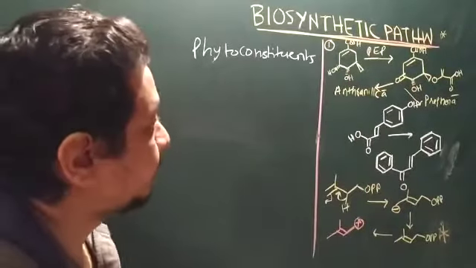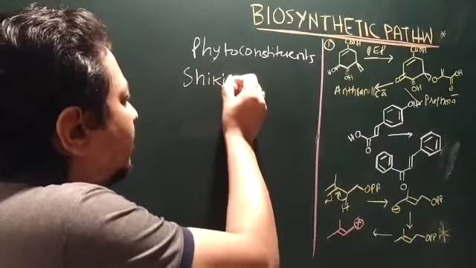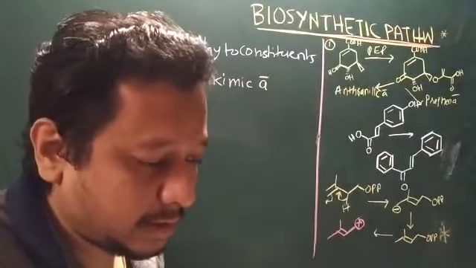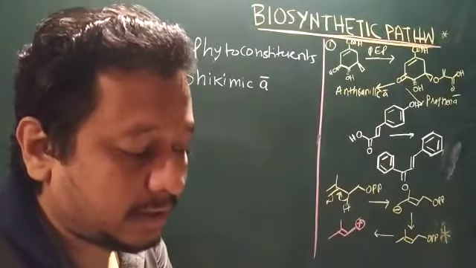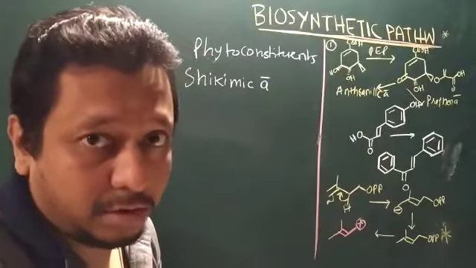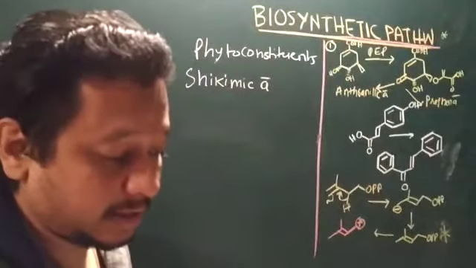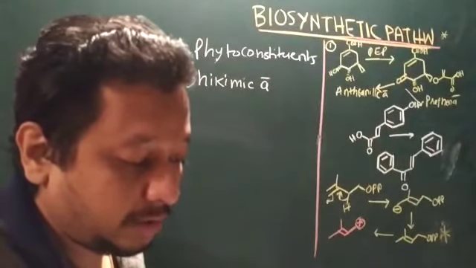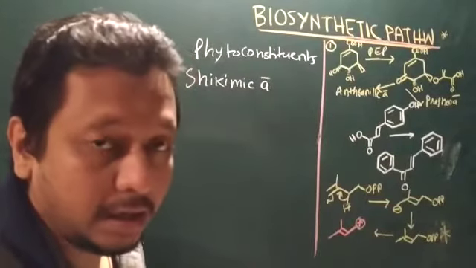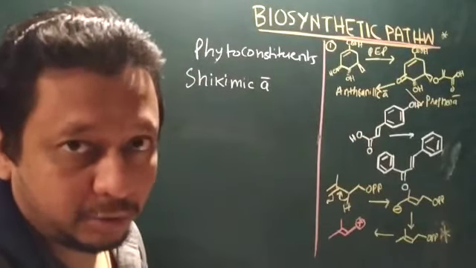The first pathway is the number one pathway, that is known as the shikimic acid pathway, okay? So let us discuss that. The shikimic acid pathway is a 7 steps metabolic pathway seen in plants. Of course, it is also present in bacteria and fungi, but for the time being we are discussing the plant. It is for the biosynthesis of folates and aromatic amino acids like phenylalanine, tyrosine and tryptophan. Normally the tracer technique and precursor feeding are the two methods to identify or understand the biosynthetic pathways, okay?